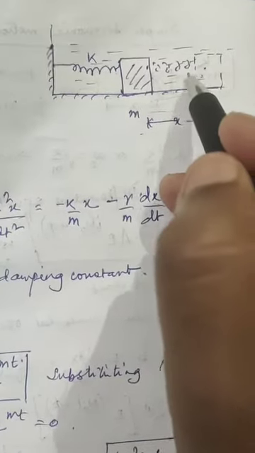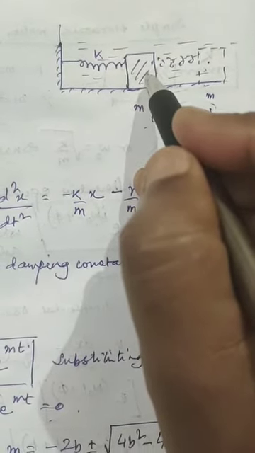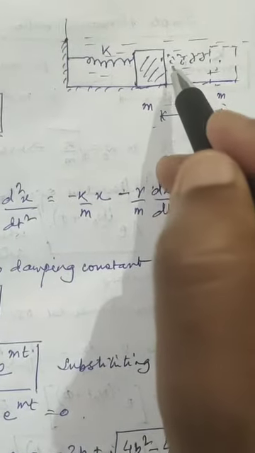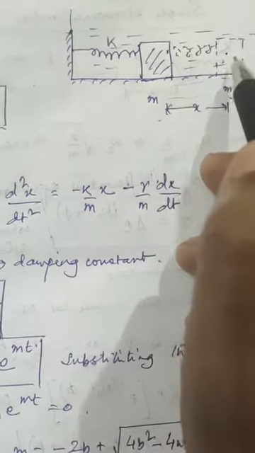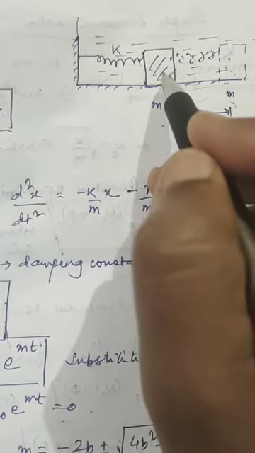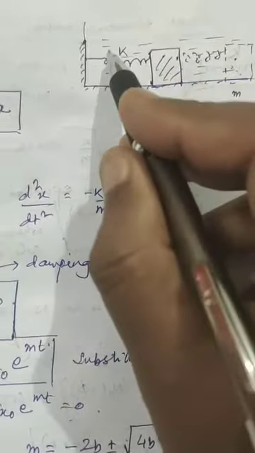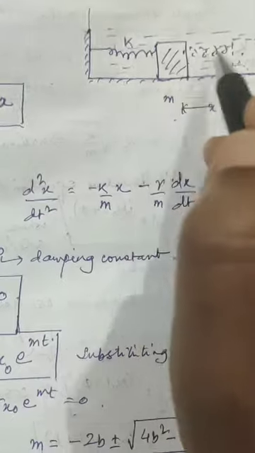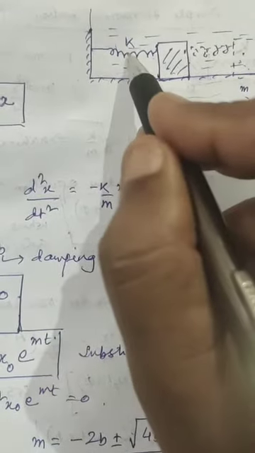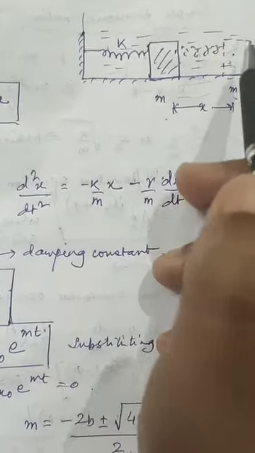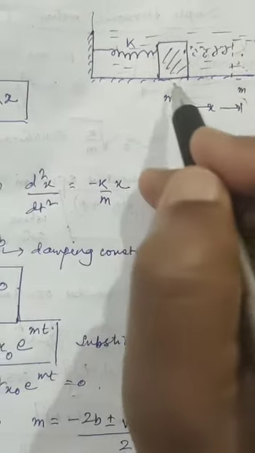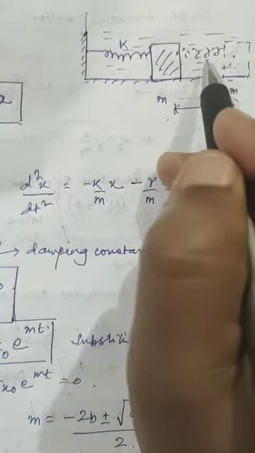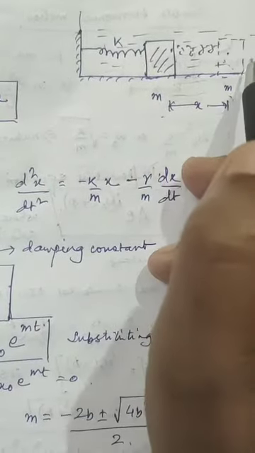So whenever this mass tries to come to the equilibrium position, there will be a drag force or an opposite resistive force which will resist the motion of this mass. So the restoring force is trying to restore it to its equilibrium position, but there will be a drag force present because there is a liquid. Let's say a jelly is present. Now this system is, let's say, in a very thick viscous liquid, and this liquid will exert a resistive force which will try to resist the motion of this mass.